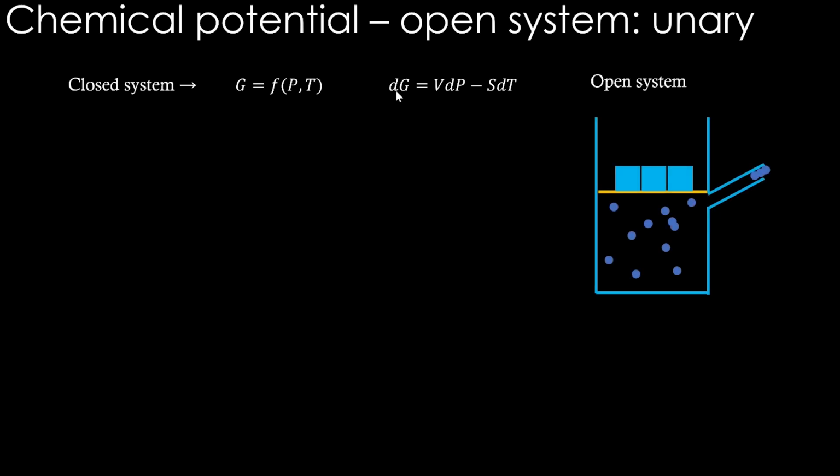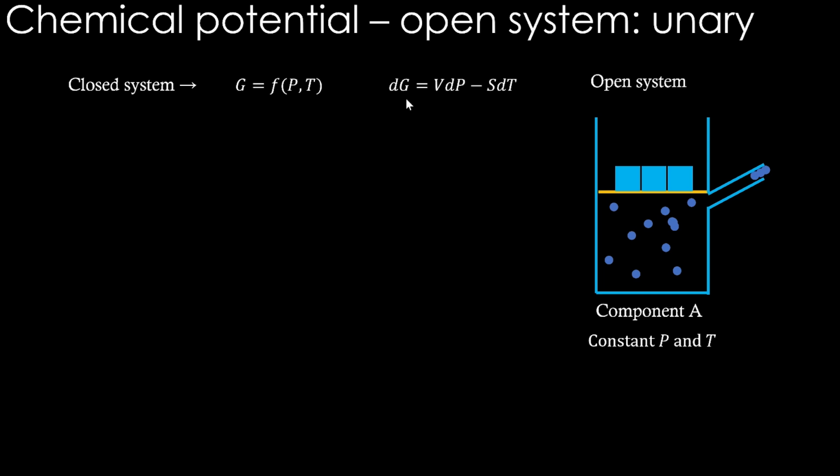Okay. So now this is an open system. Let's say this is all component A, some gas A, let's say, and this entire thing is at constant pressure and temperature. Okay, you can see that on the top there is some mass kept, and this is at constant pressure. The temperature is maintained constant. Now if we add one atom of A to it, what happens? Since the pressure and temperature are constant, will you say Gibbs energy will not change according to this equation? Pressure is constant, temperature is constant. Will dG be 0?